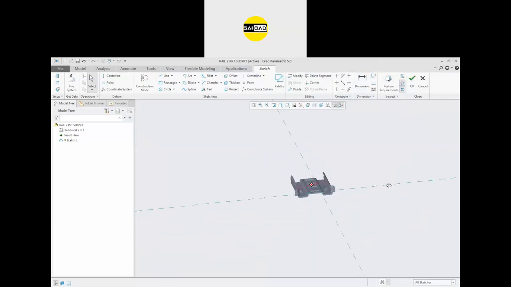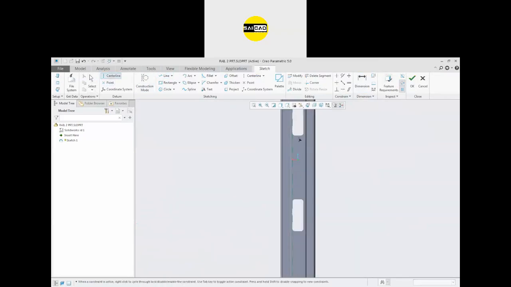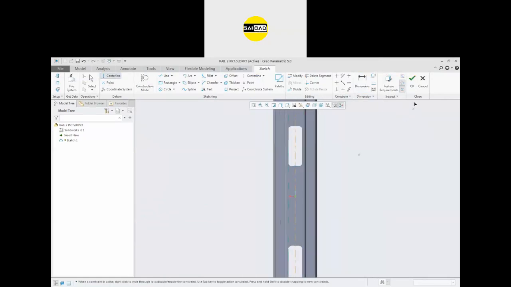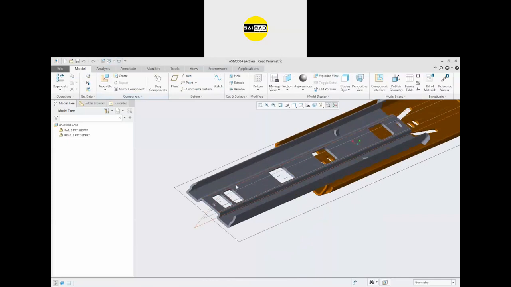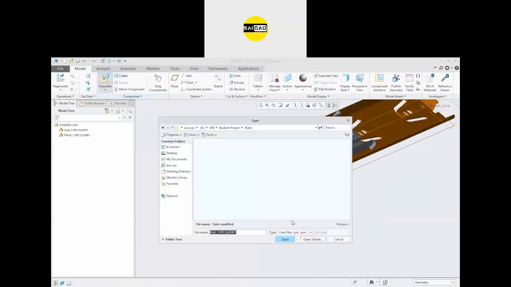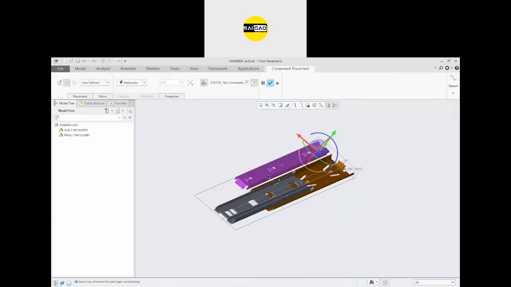So now we are in the sketch environment. Let's define an axis from the center line from here, like that. Click OK. Here is the axis. The face, close. You get an axis to import the component, the rail 3, not rail 1, like that.